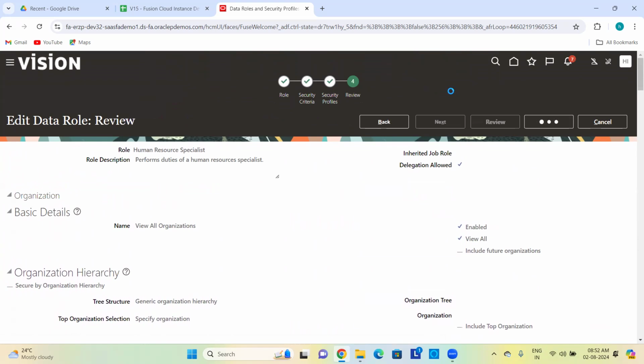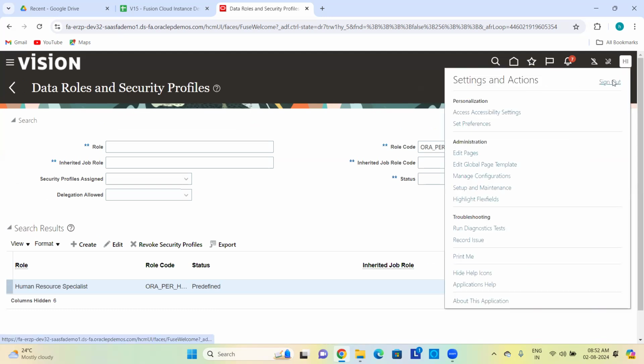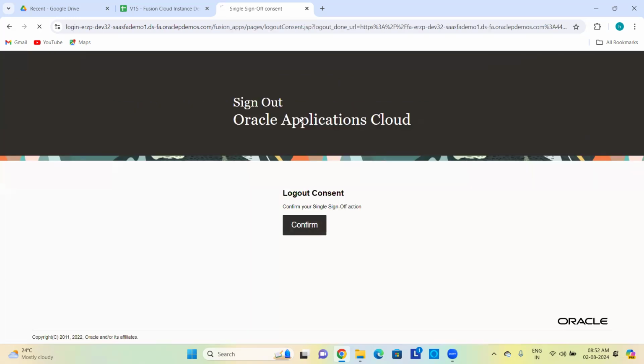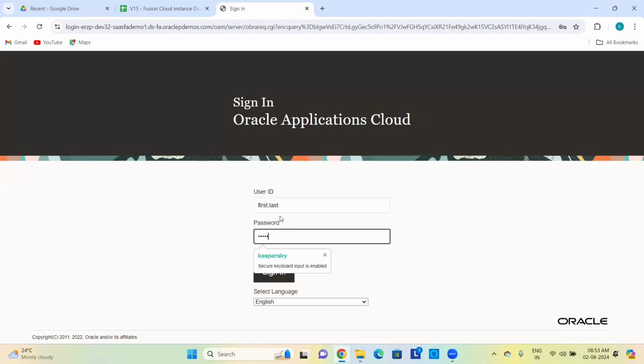Now, how do you test that the data security has worked or not? I log out of this user and then log into the first dot last user, and then see if I can access the legal employers now. Now, if I search for this, you will see that the security profiles are associated. Now you can revoke the security profiles as well from here. Now let us log out of this particular user account, that is the implementation user account, and look into the first dot last user, and you can see